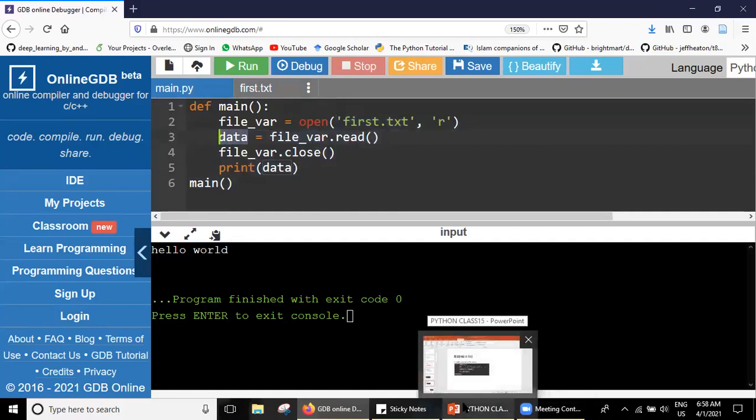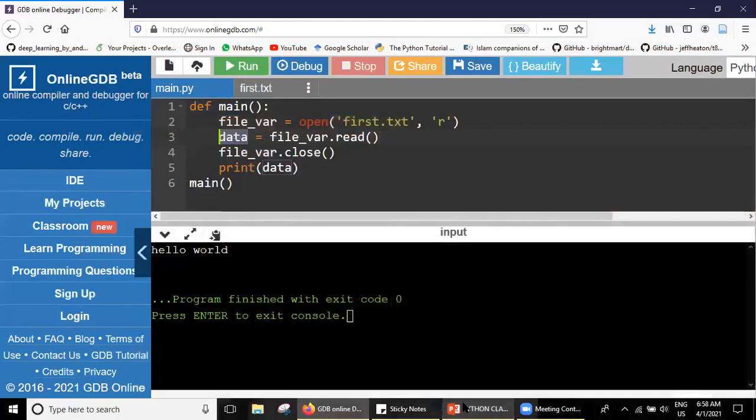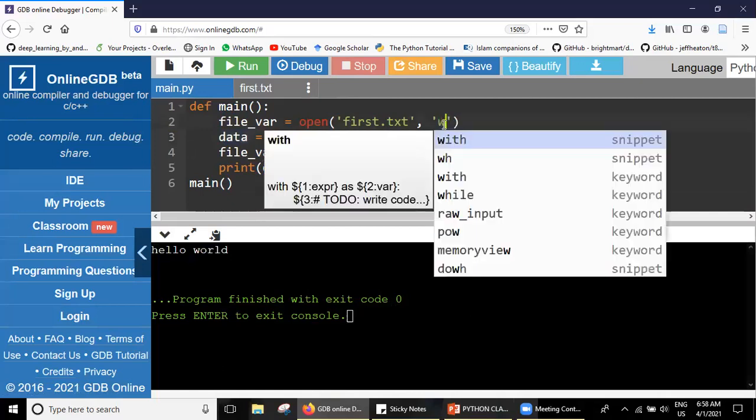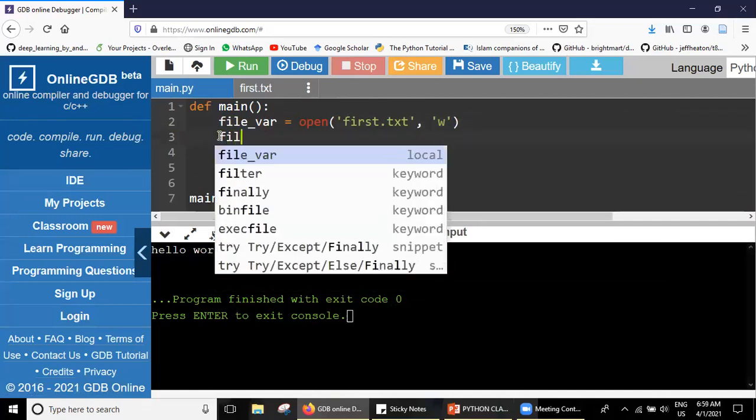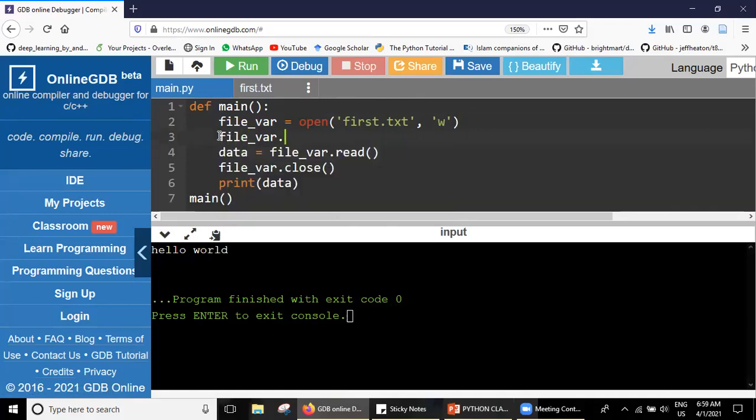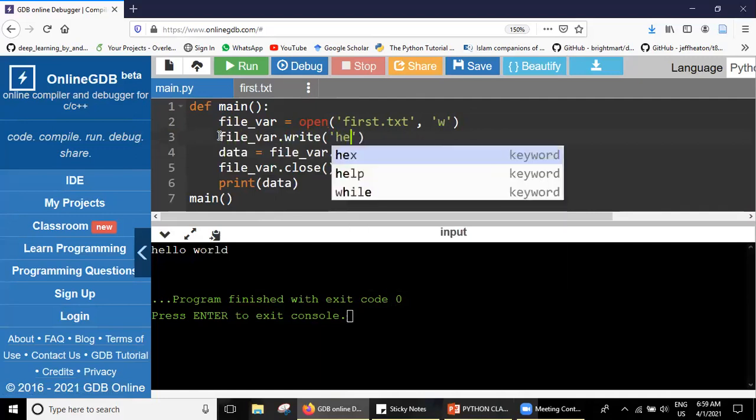Okay, can you show how you saved that first .txt file? In the last program that we did, I used write mode, W, and then I wrote the data using file variable dot write, and I wrote hello world there, so I got it.